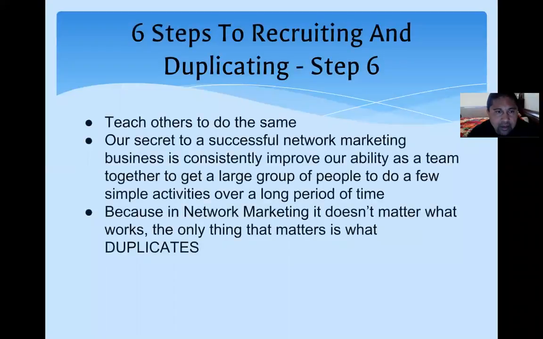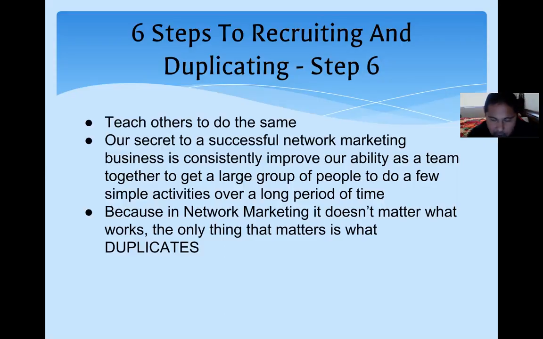Step 6, teach others to do the same. Teach others. Now, how that works is you bring somebody in, and I talk about this in my last calls and so forth, right? This is so important for the success of your organization to grow, because you want to build a solid foundation, right?